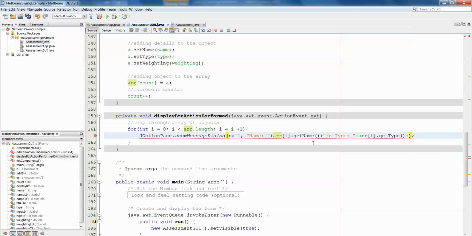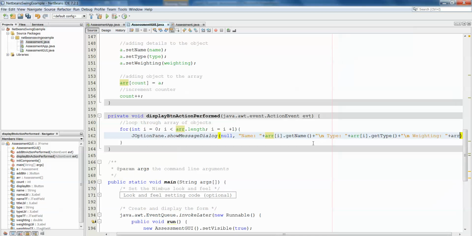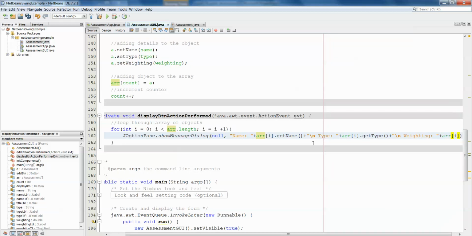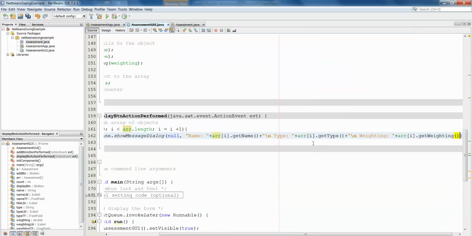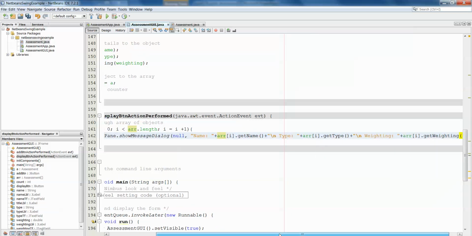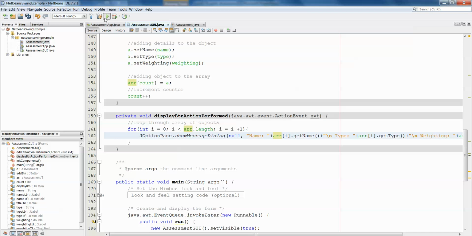And then we'll go to a new line again, backslash n. I think I've done my slash in the wrong direction there. And we'll do the weighting. And again, it's r, i in your square brackets, dot getWeighting. Okay. So now when we play this,